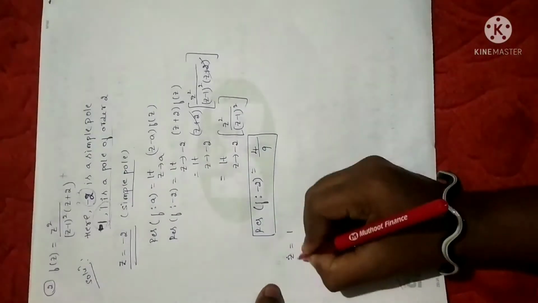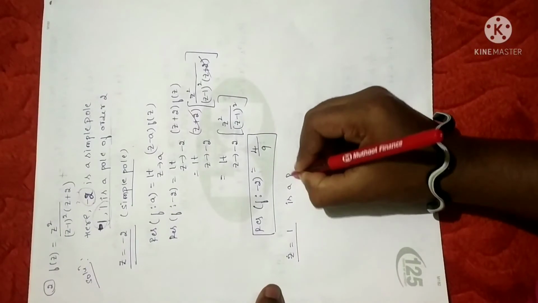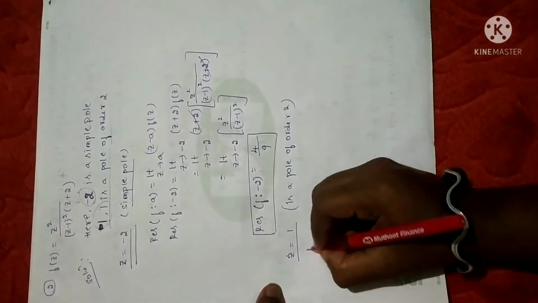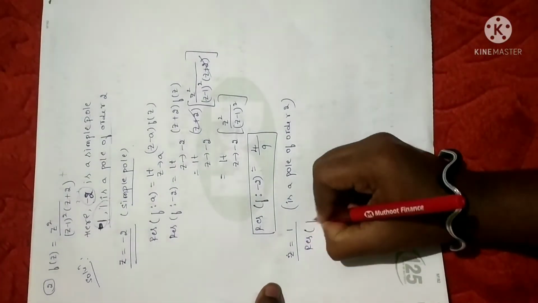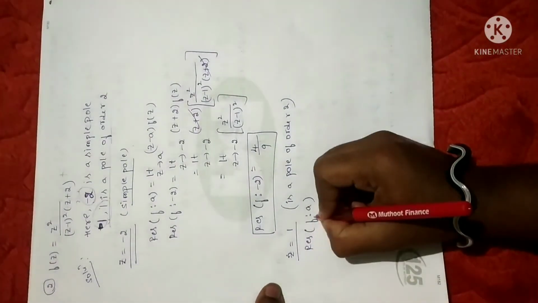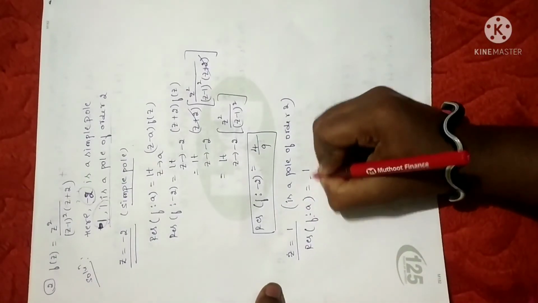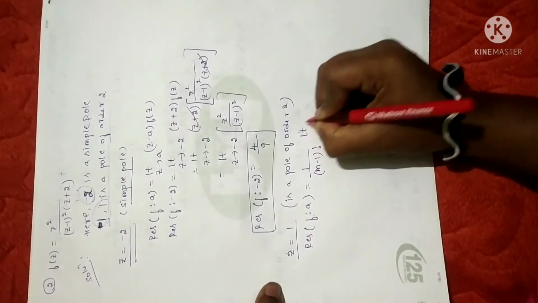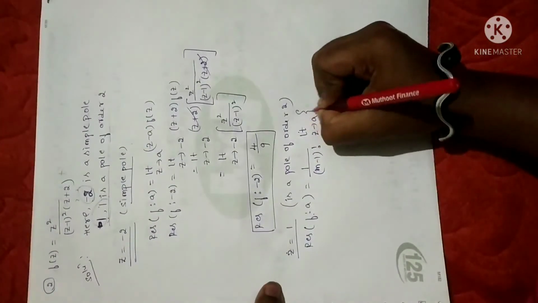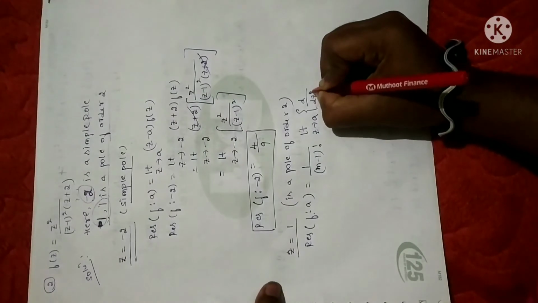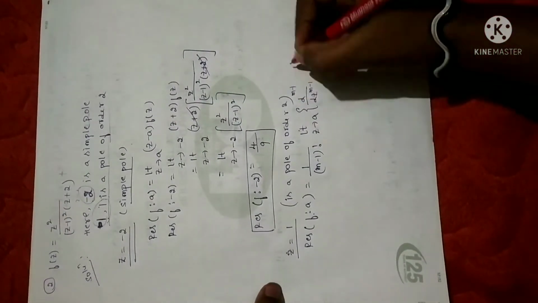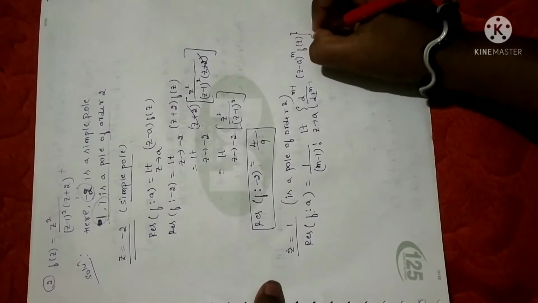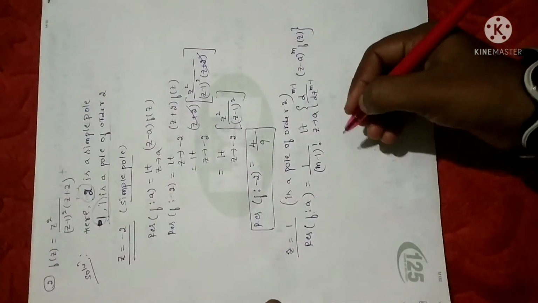So let me do. z is equal to 1 is a pole of order 2. Fine. In such case I have given the formula clearly. Please go through the previous session video. It is given by residue of a function f with reference to a is equal to 1 divided by m minus 1 factorial into limit z tending to a d by dz, differentiate it m minus 1 times, of (z minus a) power m into f of z. So this is the formula to calculate the residue at a pole of order more than 1.